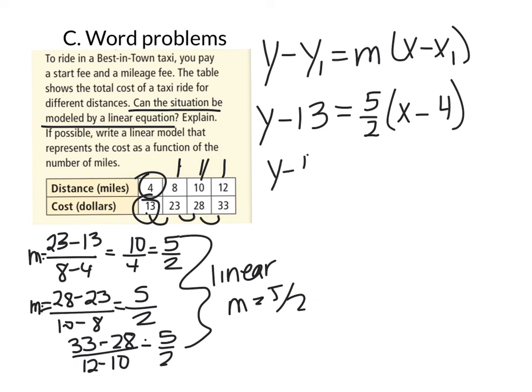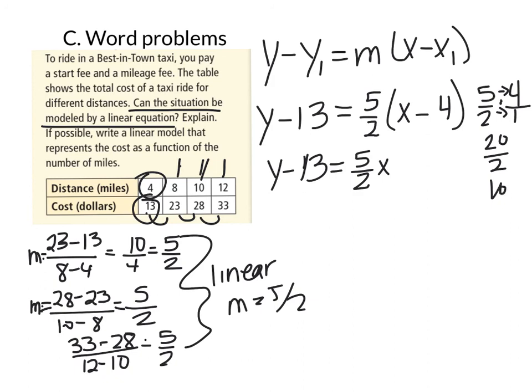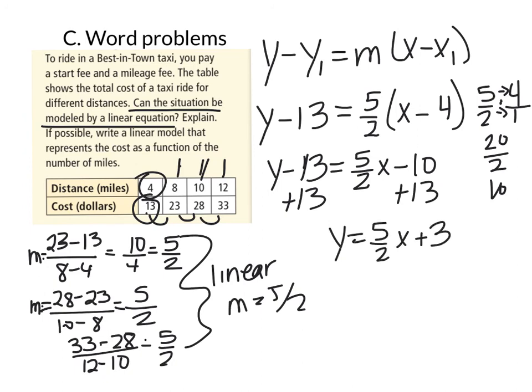And y minus 13 equals 5 halves x. And 5 halves times 4 over 1, that's 20 over 2. Multiply straight across, or you can cross cancel. And 20 over 2 is 10. So minus 10, because it's a positive 5 halves and a negative 4. Then we'll add 13. And y equals 5 halves x plus 3, which means that the start fee is the